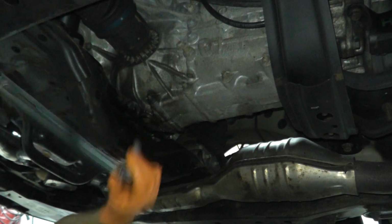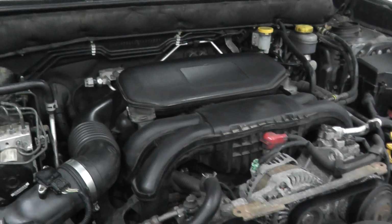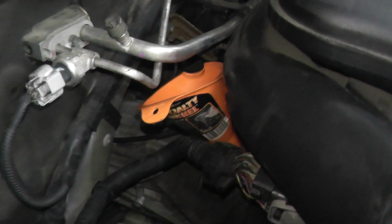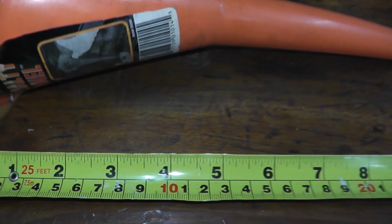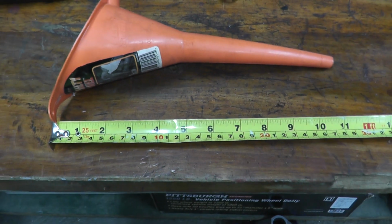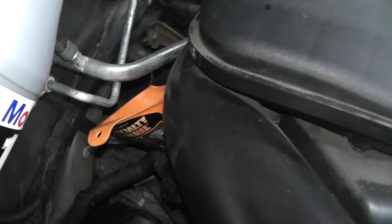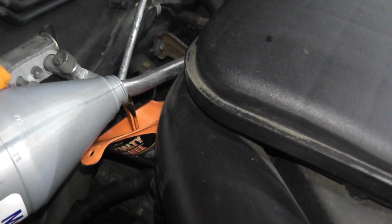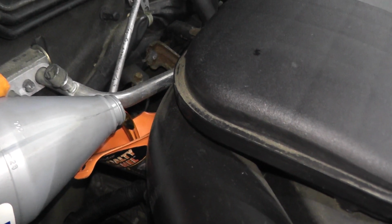Okay, and then I'm just going to clean off the area here with some towels. And then the last step, of course, is just inserting brand new fluid. I'll take a look at that funnel for you once I remove it regarding the measurement, because it's a little tight fit and it's sort of hard to get the right angle. So you need a pretty good, the right size funnel, let's say. And then I'm just going to insert the fluid right here and just place it up to the F line